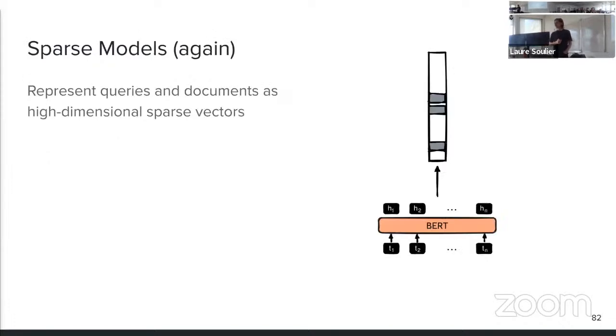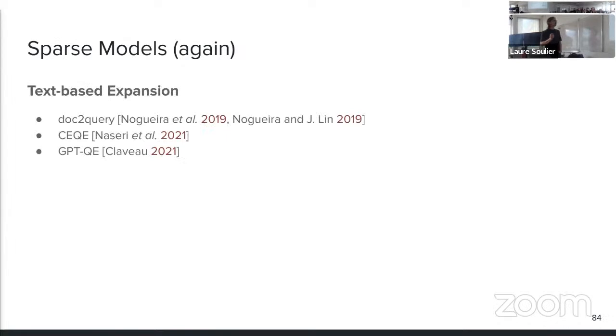And to recontextualize things a bit, let's talk about sparse models for information retrieval. As I already said earlier, these models aim to learn high-dimensional sparse vectors for queries and documents, such that you can use an inverted index for retrieval. And we have three families here.